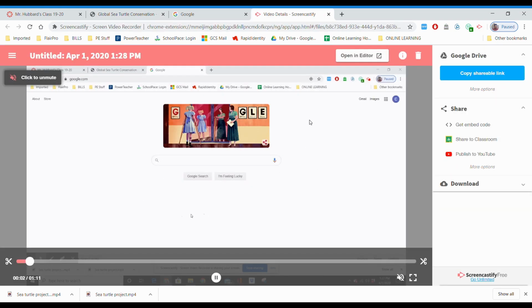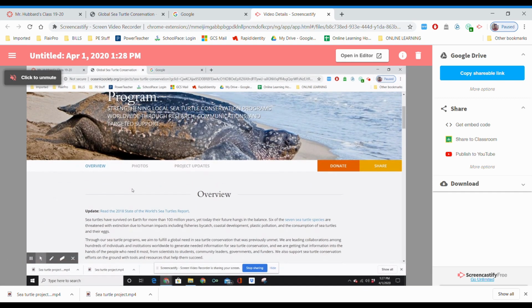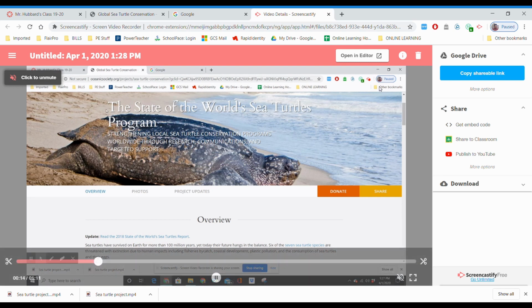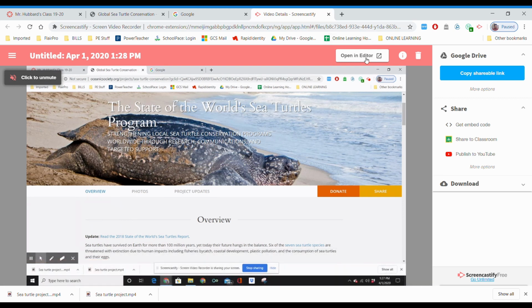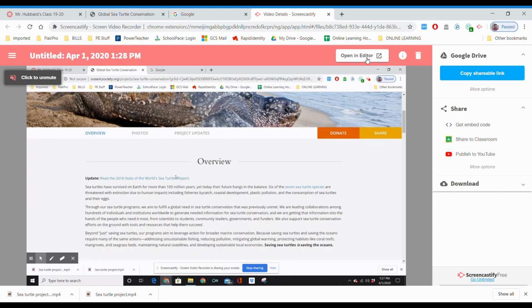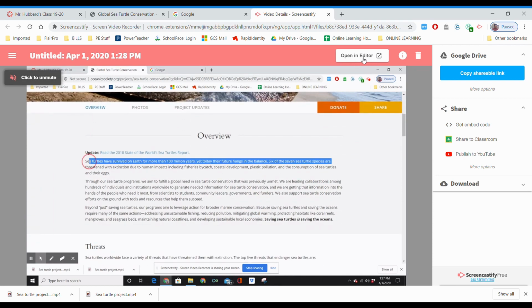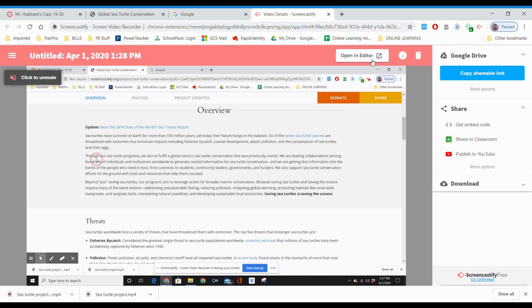This is kind of like your editing web page here. So if you notice what's going on in the middle of the screen, it's the video that I just recorded for you guys of what I just did about the read aloud. But up here where it says open editor, this is not a free piece. So if you're wanting to edit the video, then you would have to subscribe up here at the top of